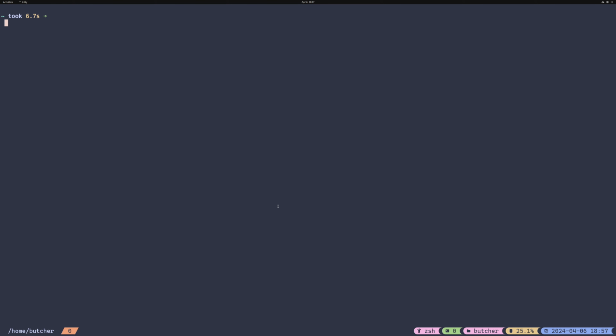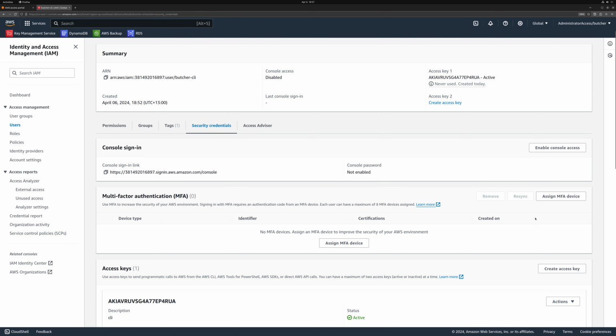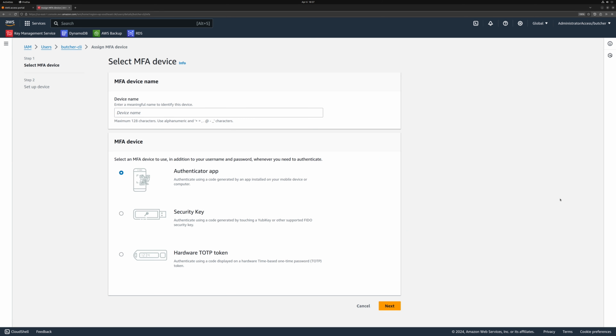Right, so now that's done, we need to register this device in AWS as an authenticating party. For that, I'm going to go into AWS, add a new MFA device, and specify a meaningful name. Now I'm going to use this name down the line to manually build an ARN value, so I'm going to keep that name short, and instead of selecting security key, I'm going to use virtual authentication application to get a